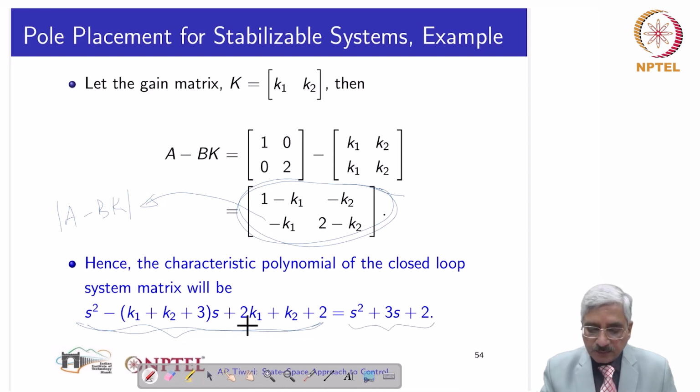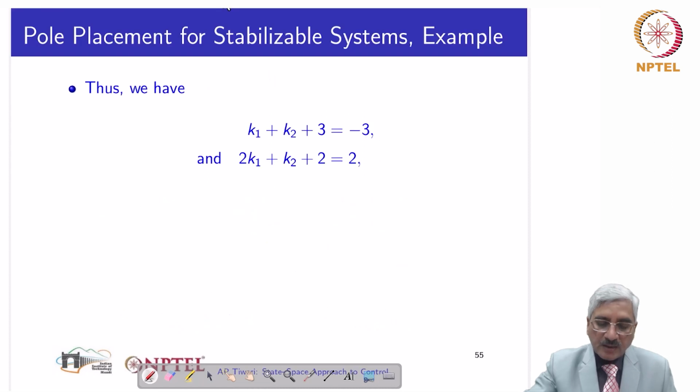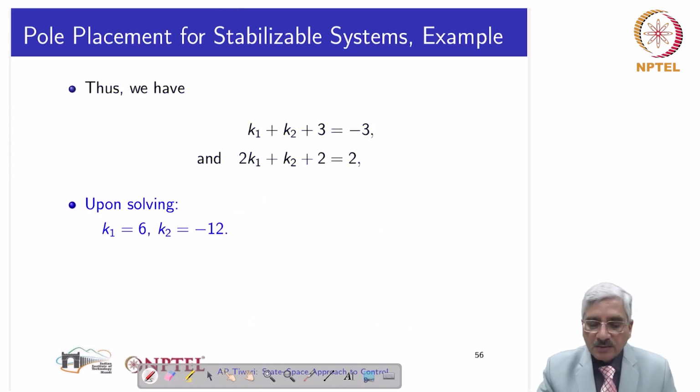So we compare the coefficients of different powers of S. So we get K1 plus K2 plus 3 equal to 3, and 2K1 plus K2 plus 2 equal to 2. So we get these equations, and we solve these equations to get K1 and K2,